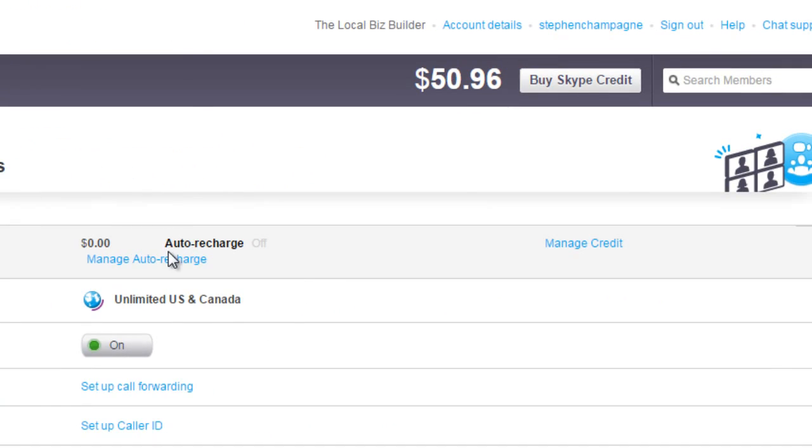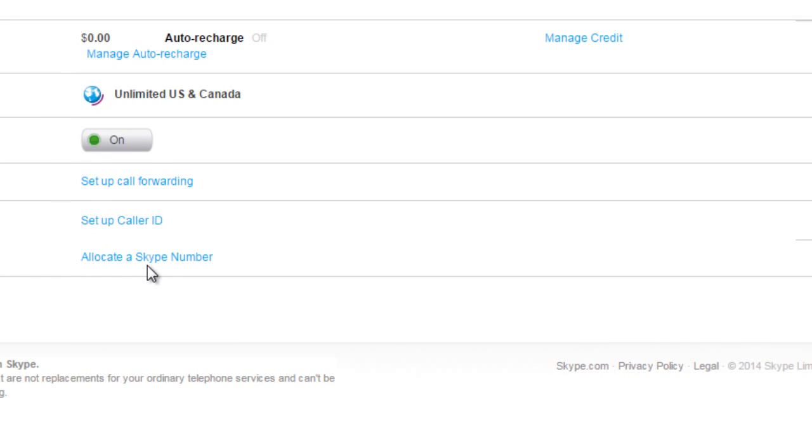Now, so that they can make outbound calls, you're going to get them subscription plans, and you're going to pay for those out of these credits each month. It's pretty straightforward. If you don't want to use subscriptions and you want to pay by the minute, you can just put money on account for them, and you can set up auto recharge. It's your choice. As far as getting a Skype number, you really don't need to get one. That's going to cost you an additional $6, almost $7 a month. You really don't need a Skype number if you're not going to be taking any inbound calls from the number you call out from. So what's going to